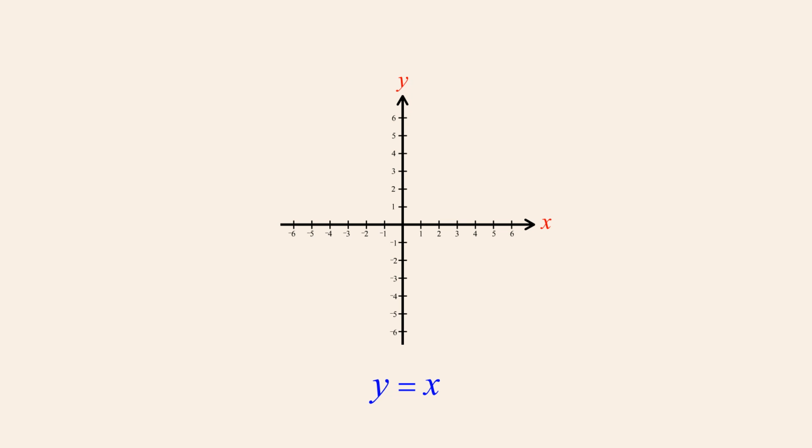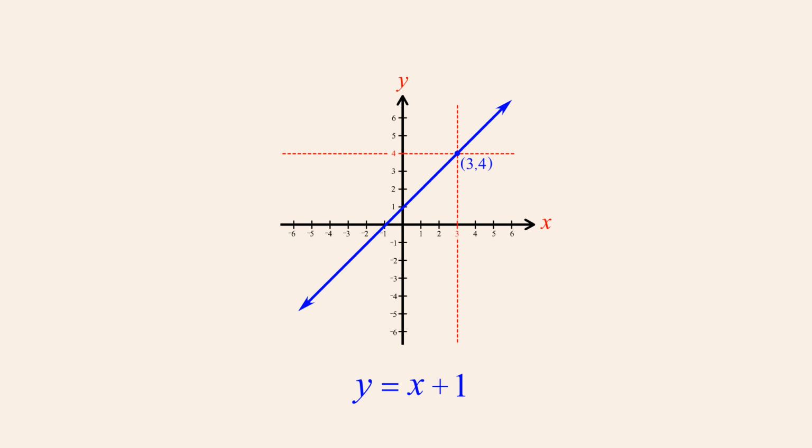The equation y equals x is a simple linear equation describing a line passing through the origin. Every point on this line has a y-coordinate whose value is equal to its x-coordinate. Now, if instead of equating y to x, we equate y to x plus 1, every point's y-coordinate will be 1 greater than before. Every point on this line has a y-coordinate whose value is 1 greater than the value of its x-coordinate. This equation describes the same line as before, but the entire line is 1 unit higher on the Cartesian plane.